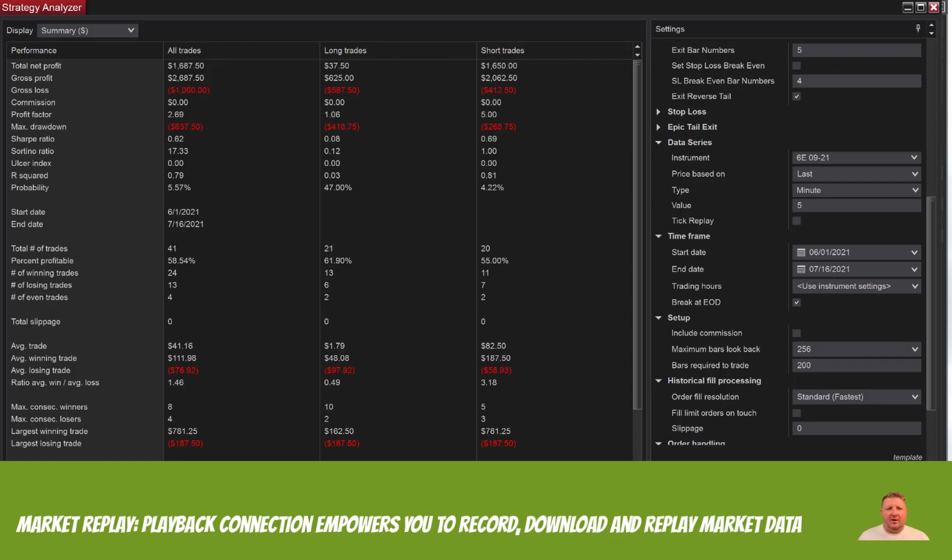So, any other tips for this before we move on? Sure. I like to look at where my worst trades are in these. Okay, this is the 6E. So, how do you do that? You go to trades,